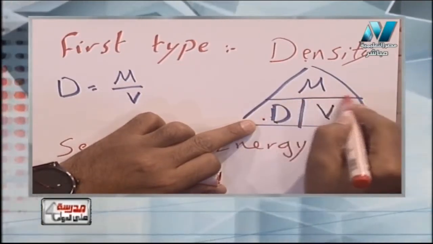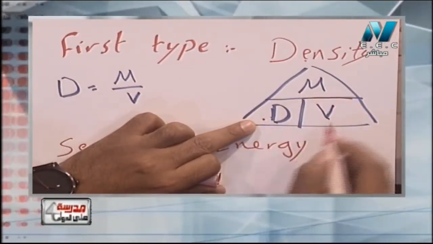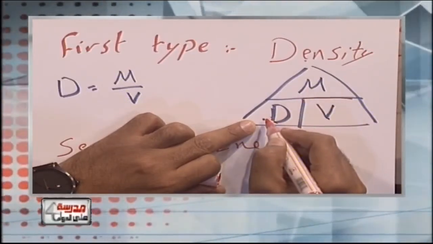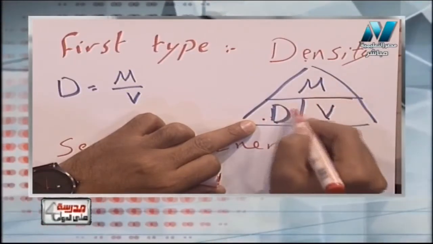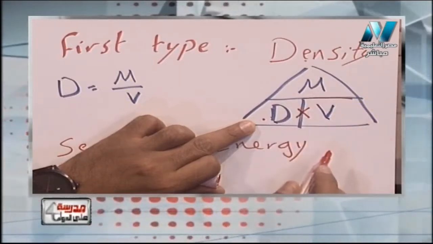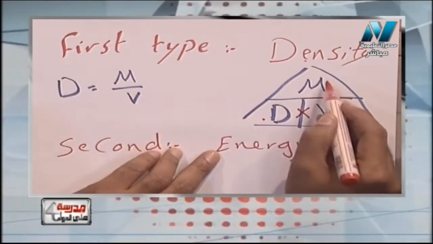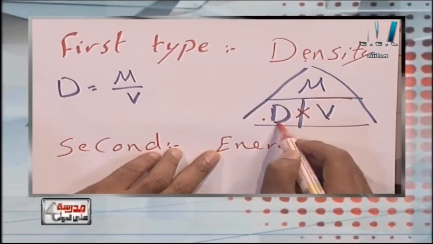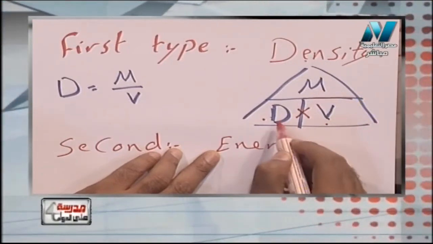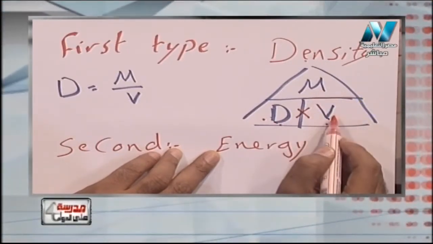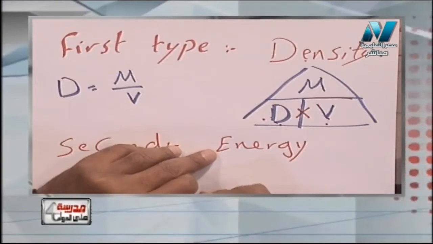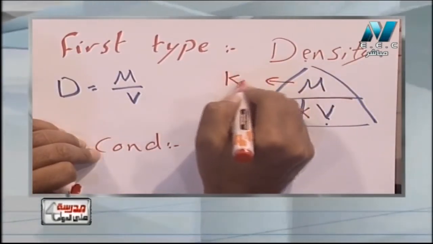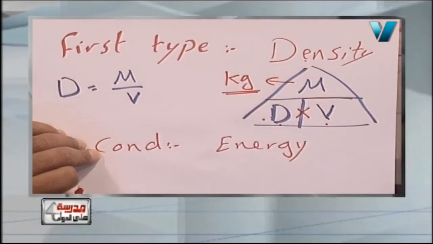Density equals mass over volume. And if I want to get volume, it will be mass over density. And if I want to get mass, it will be density times volume. Sometimes he asks me to calculate the mass, and he gave me density and volume, so I must multiply them. Okay? But notice, my dear student, that mass must be in kilogram, not gram here,